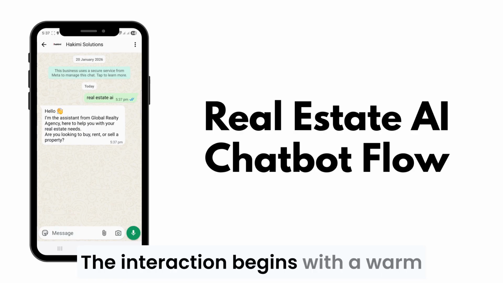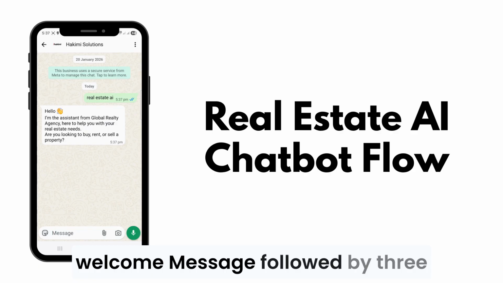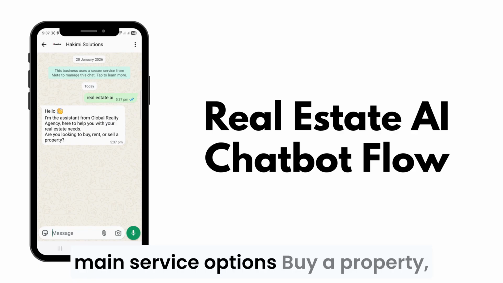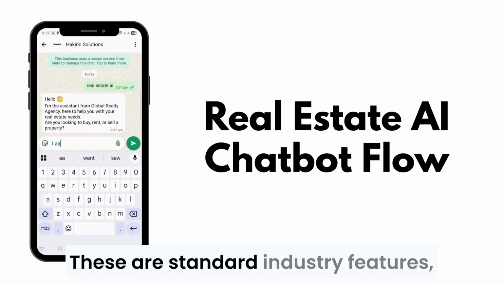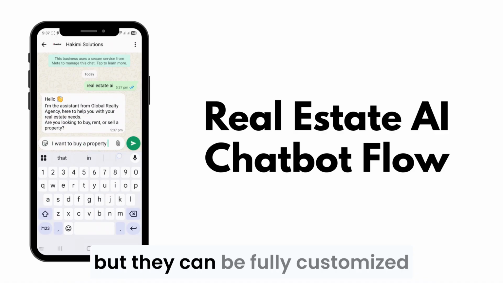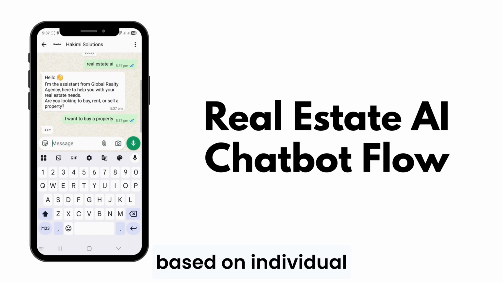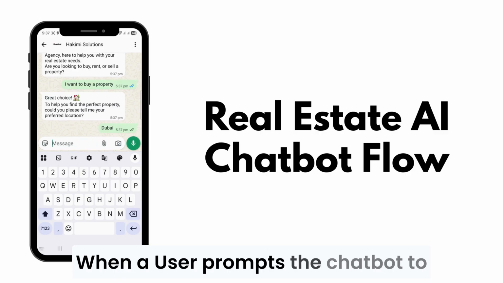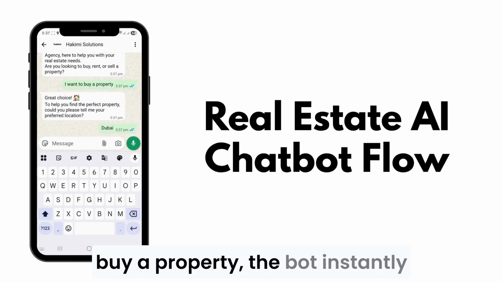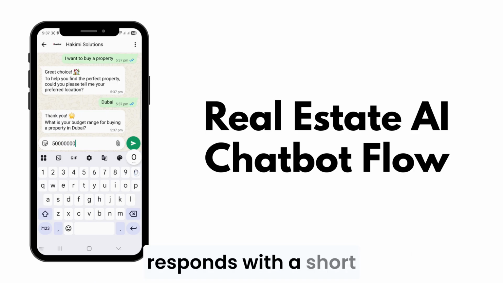The interaction begins with a warm welcome message followed by three main service options: buy a property, sell a property, and rent a property. These are standard industry features, but they can be fully customized based on individual business needs and requirements. When a user prompts the chatbot to buy a property, the bot instantly responds with a short questionnaire